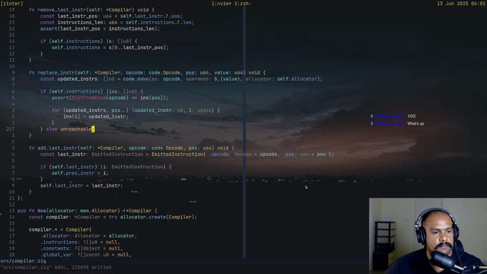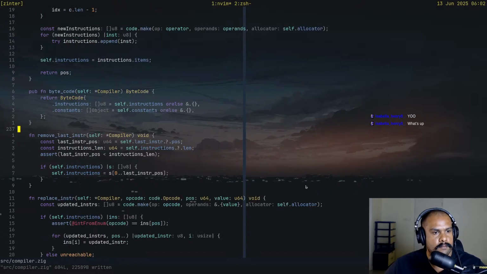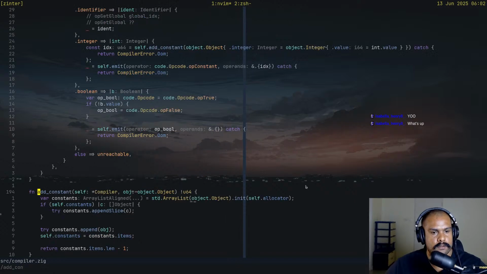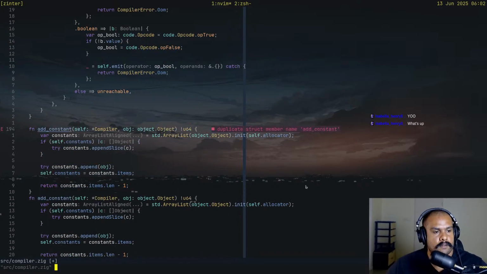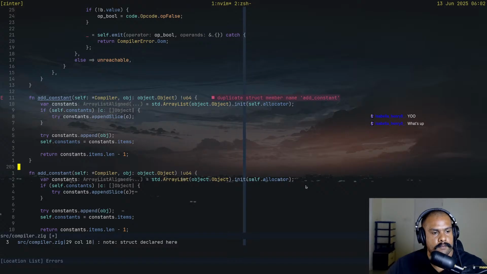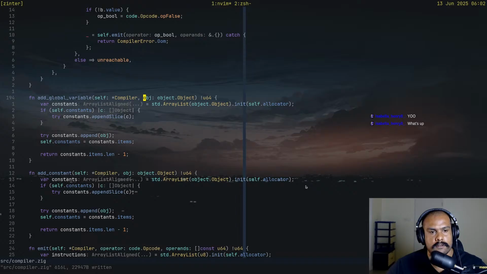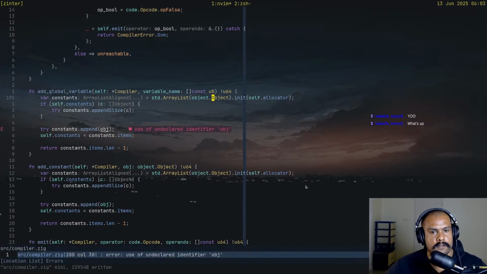I can do... how do I add constant, add global variable takes variable name, which is a const u8, and returns